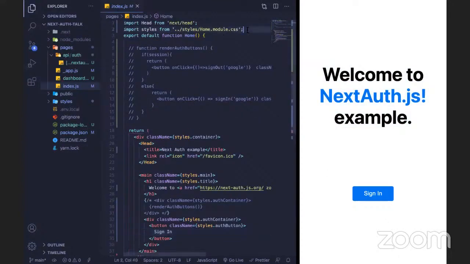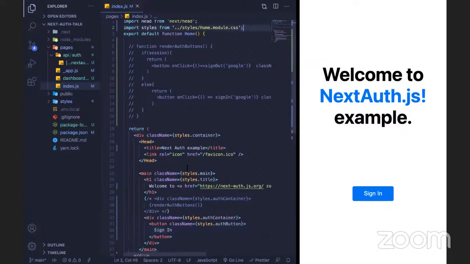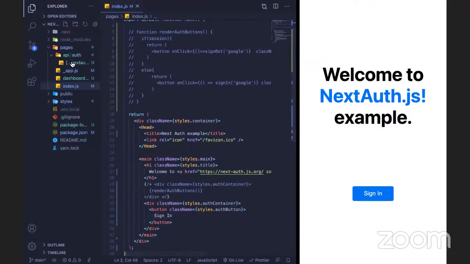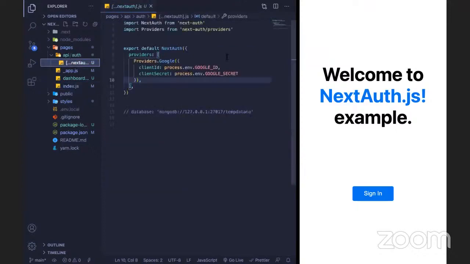Before going to the client side, let's go to the API side. In the pages folder we'll create a folder API, and inside API we'll create an auth folder, and inside auth we'll create a file. This is basically an API route. We'll import NextAuth function from next-auth, and we'll import providers.